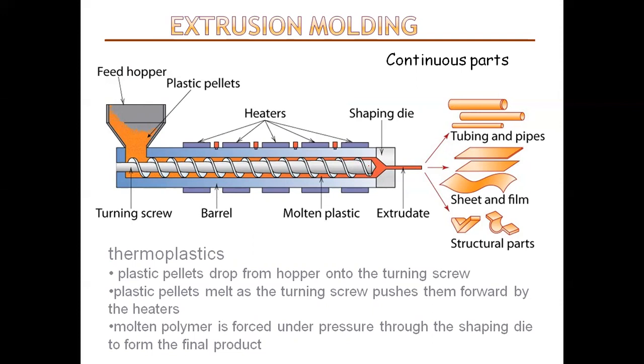Okay, so here what happens: the material enters through a feed throat, which has some opening in the barrel, and comes into contact with the screw. This rotating screw, which runs at 120 rpm, forces the plastic pellets forward into the barrel, which is heated to the desired melt temperature of the